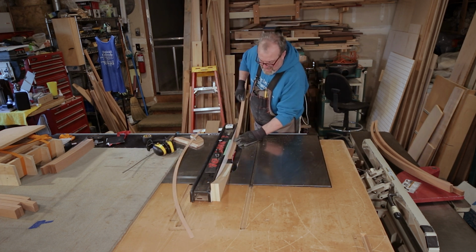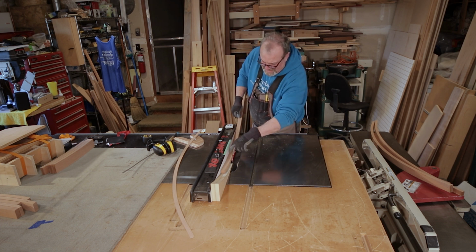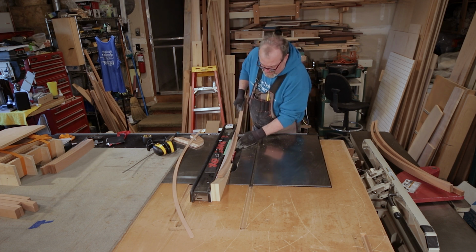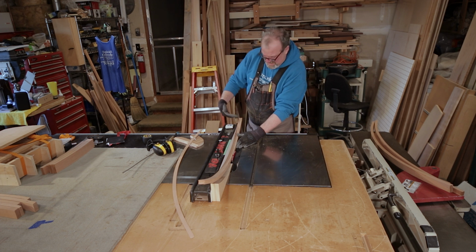So I'm feeding it through. I'm literally looking at this line and where the table saw blade is, and I'm trying to keep this down right on that insert. I'll keep feeding it through like this, and keep feeding it through, pushing down with my thumb until I get it right about this point, right where the fence